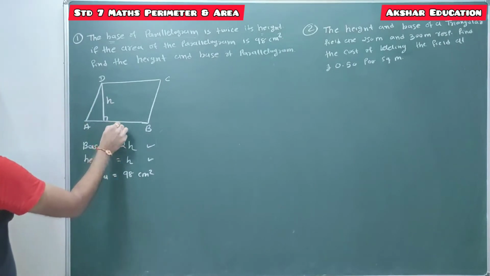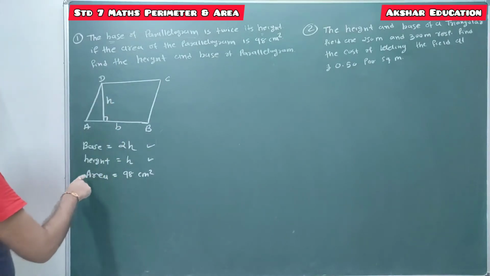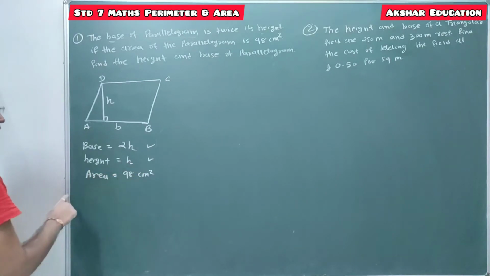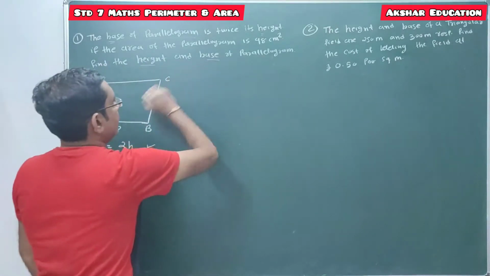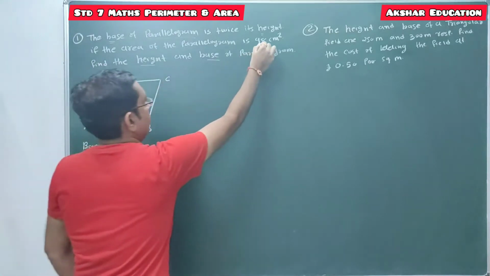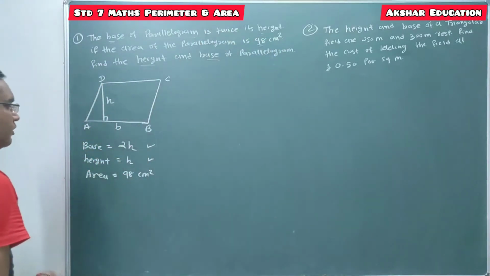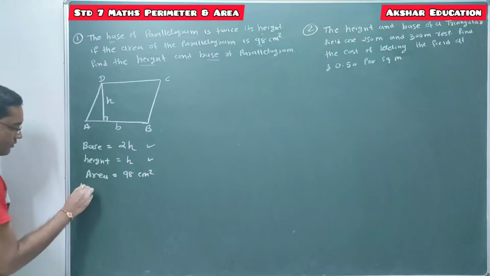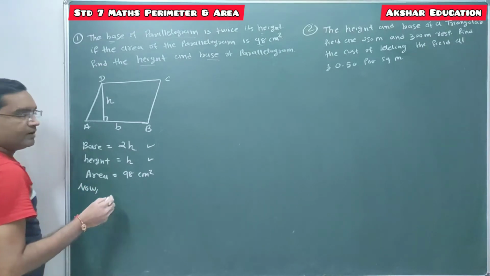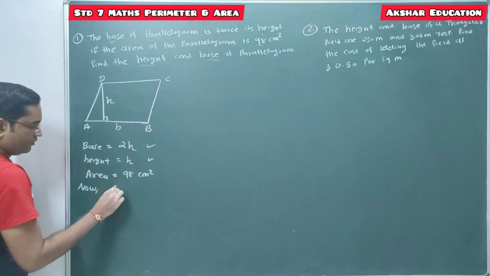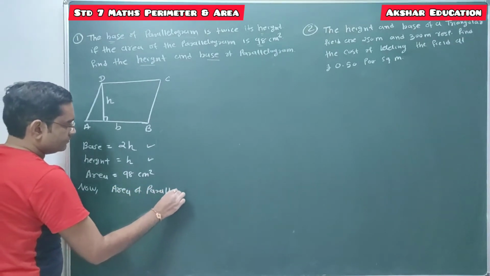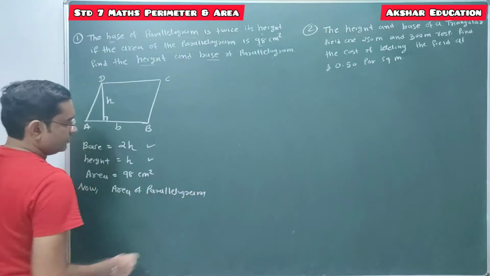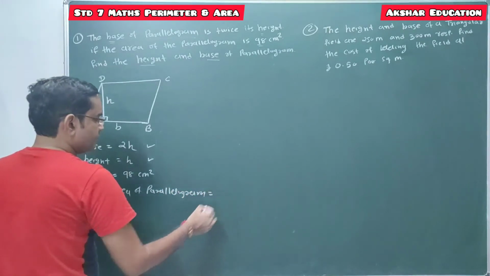Why the relationship between base and height is given? Because the formula to find the area of this parallelogram is in the terms of base and height. Done? So this is given. So you have to find the height and base of the parallelogram. Given is area of this parallelogram. So you have to apply the formula of area of parallelogram. So all of you know the formula to find the area of parallelogram. So what is the area? Area of parallelogram is nothing but the base into height.